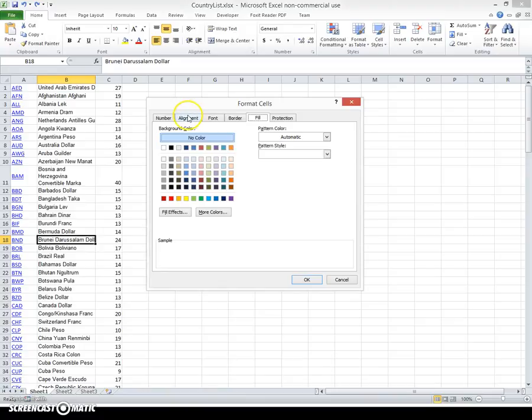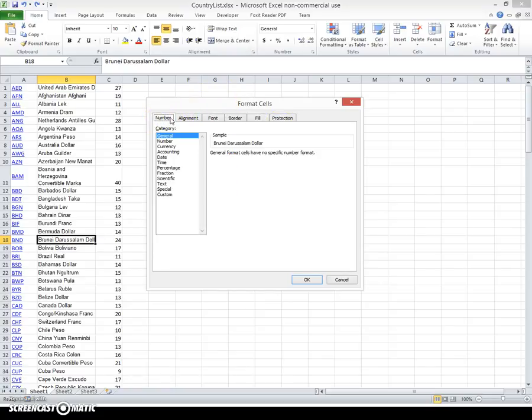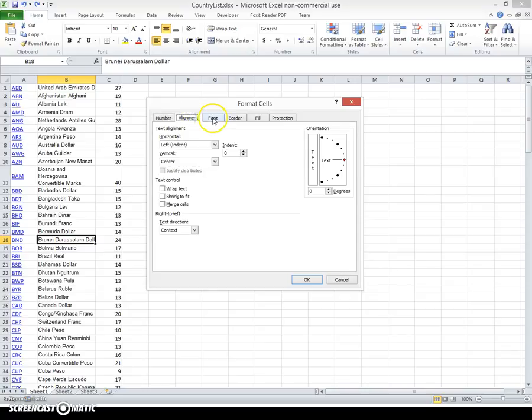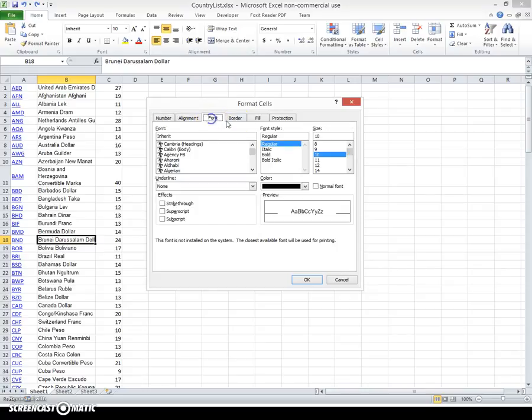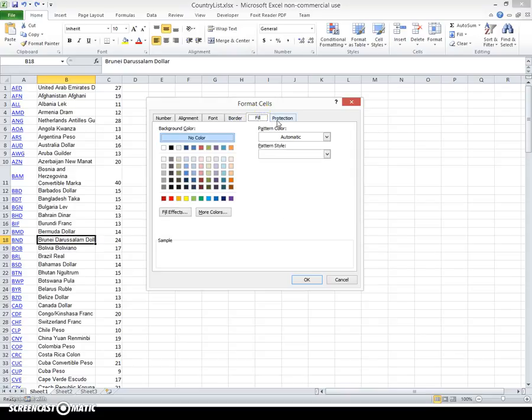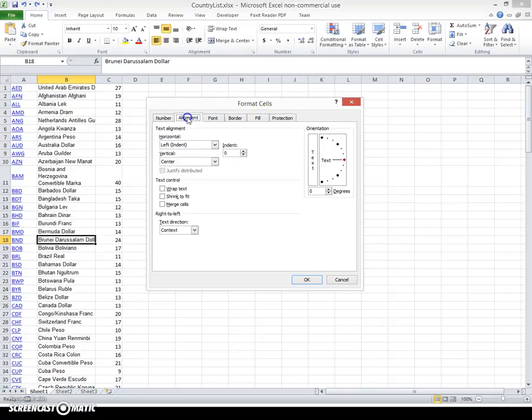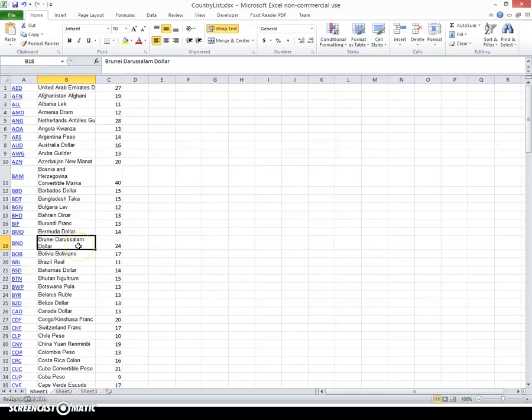After clicking on Format Cells, you will have a pop-up window that allows you to do number format, which we covered in the last video. We can do alignment, text style, font, border, fill, color, pattern, protection, etc. So we can wrap the text using this window. Go to Alignment, click Wrap Text, then click OK. You can see that it wrapped the text as well. So